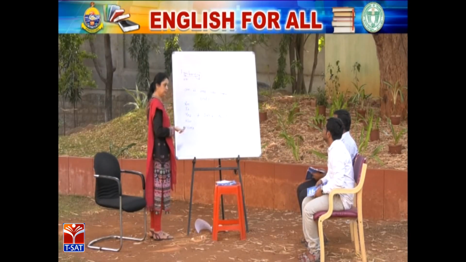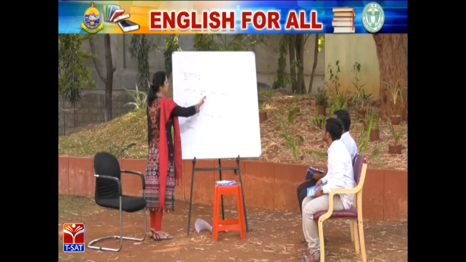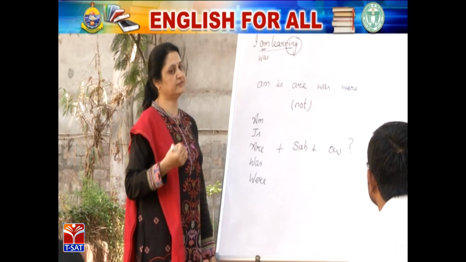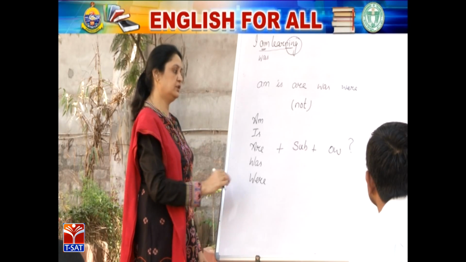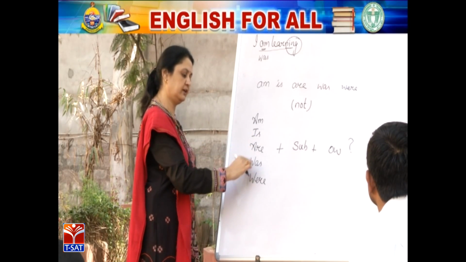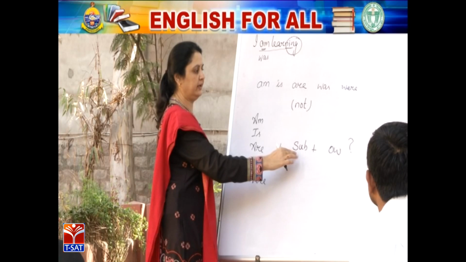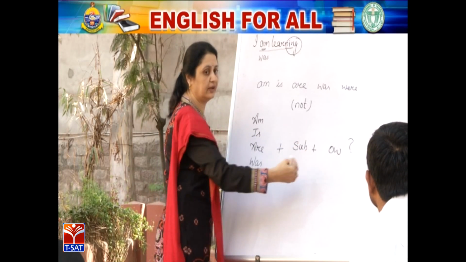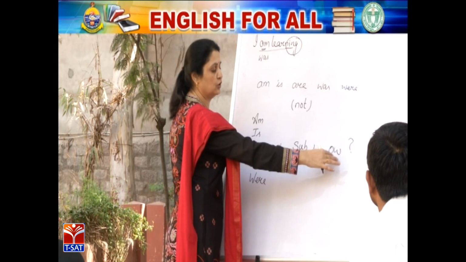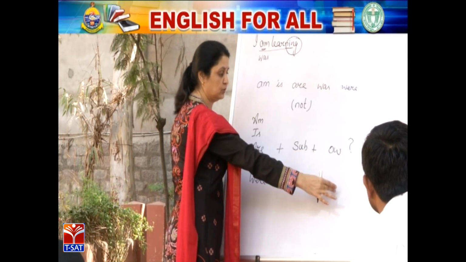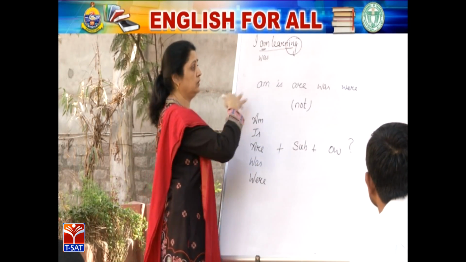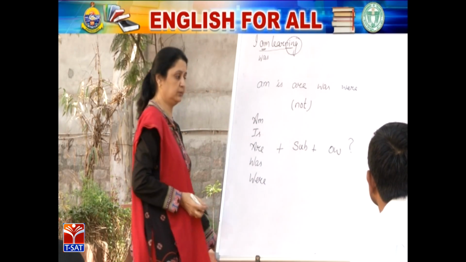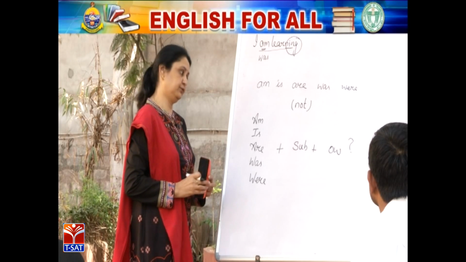Now, we have seen the positive sentences, and then negatives we are making with the help of this not. Now we can make use of these verbs for asking questions also. For asking questions, we have to start with am, is, are, was, were. Then we have to write the subject, I, we, you, they, he, she, it, and here we can use other words. Other words here means you can talk about name and age and profession, qualification, whatever we can use with the be form, then we can make use of them in this place of other words. For example,